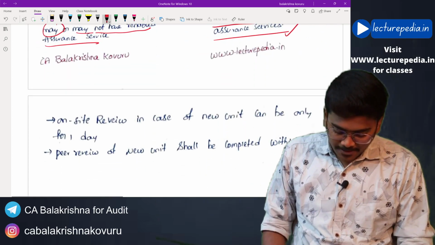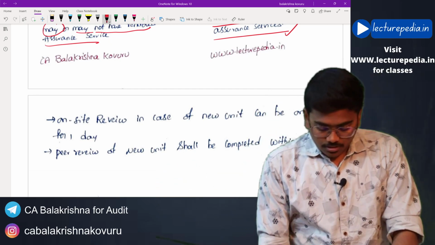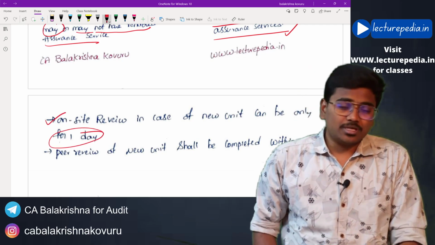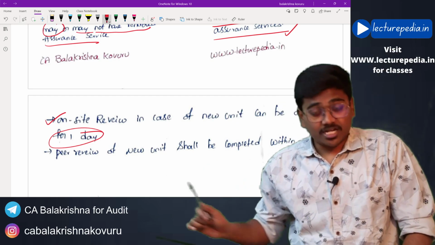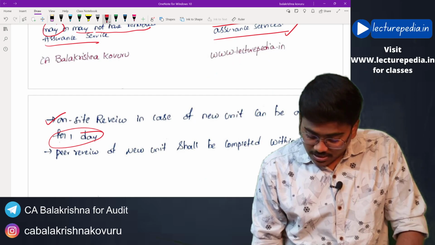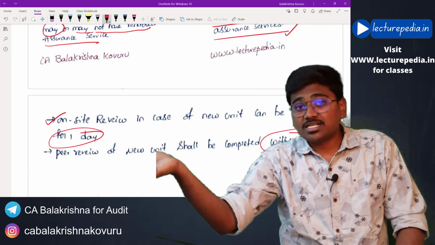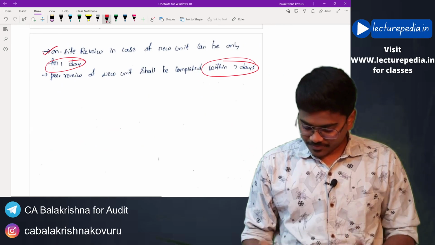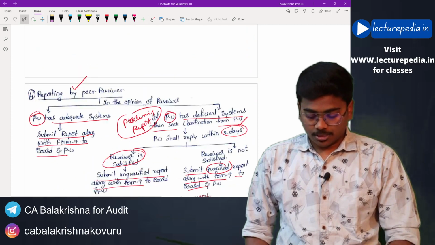Hope this is clear. And in case of peer review of a new unit, the on-site review has to be completed within 1 day. Only 1 day's time will be given. For regular peer review, 6 days' time will be given for on-site review, but here only 1 day. And the entire peer review process of the new unit has to be conducted within 7 days. Hope this is clear. For normal peer review, it is 20 days. For new units, it is 7 days only. Hope this is clear. This is the entire revision of peer review,